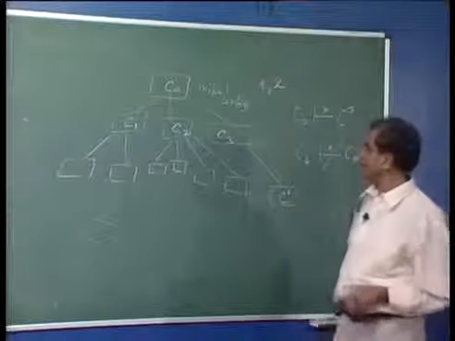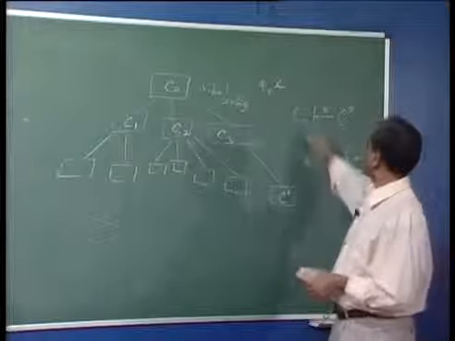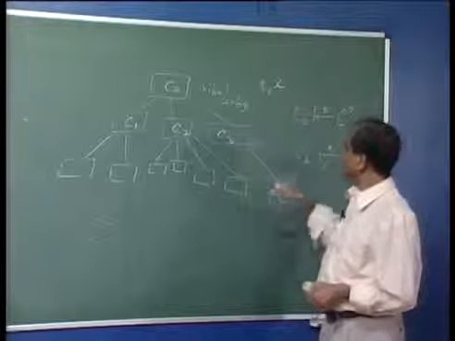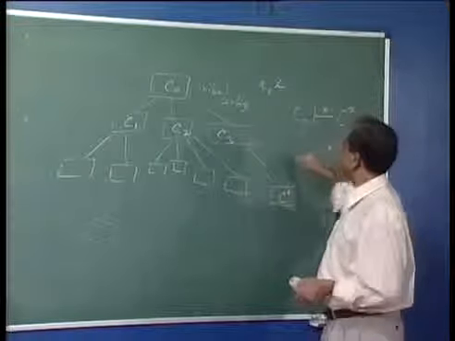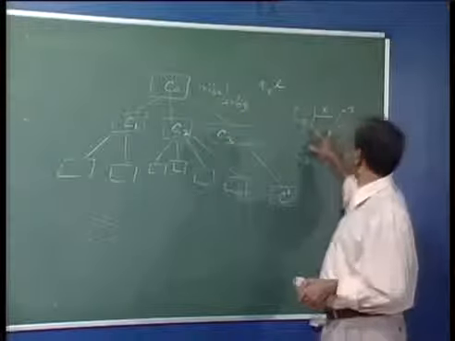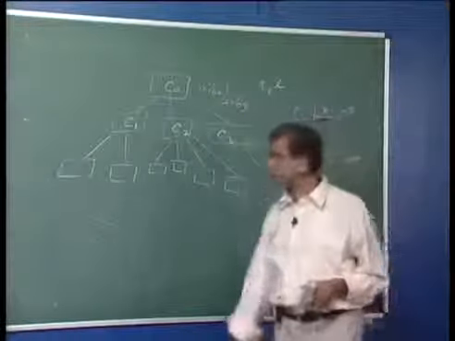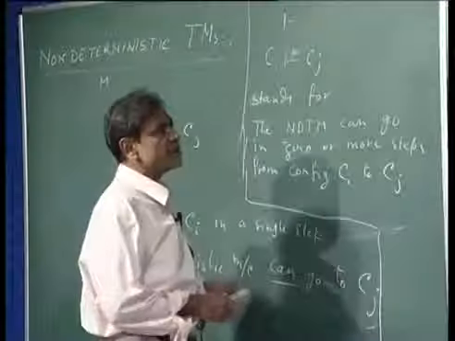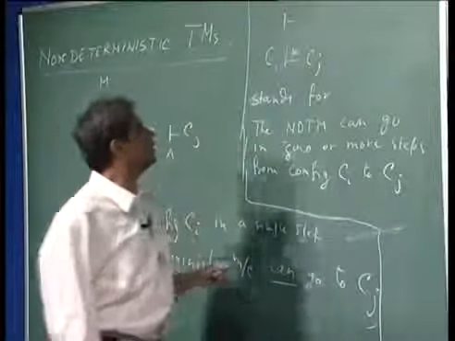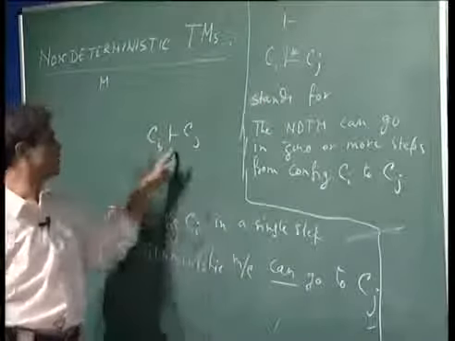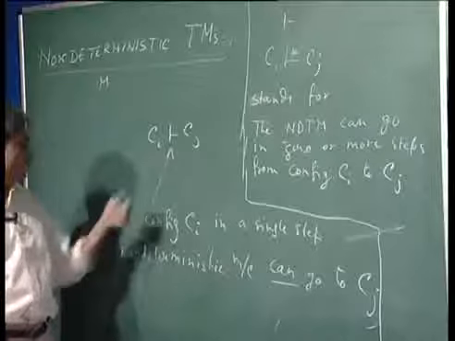So, essentially in terms of the tree, any node and any one of its ancestors will be related by this relation, right. Once we understand this relation as a simple generalization of a single step,